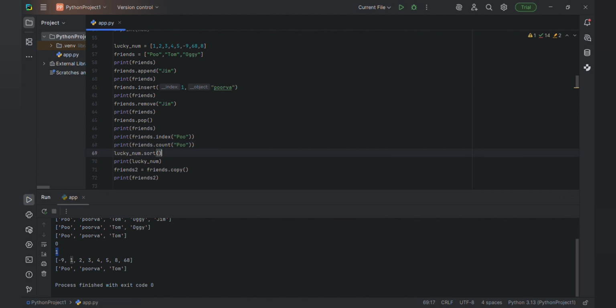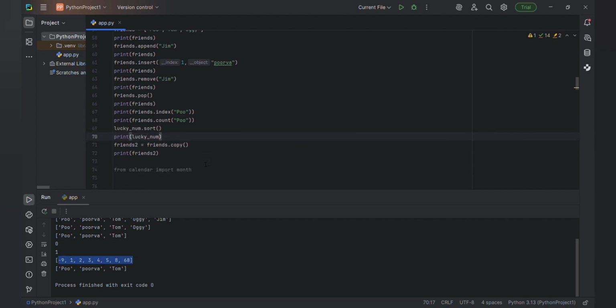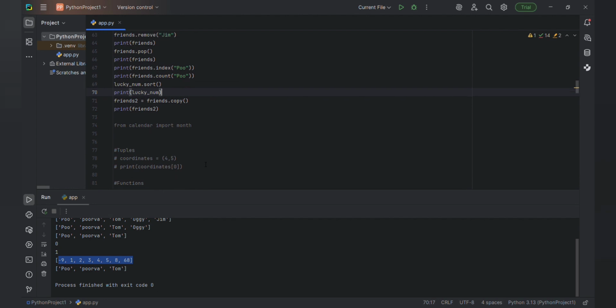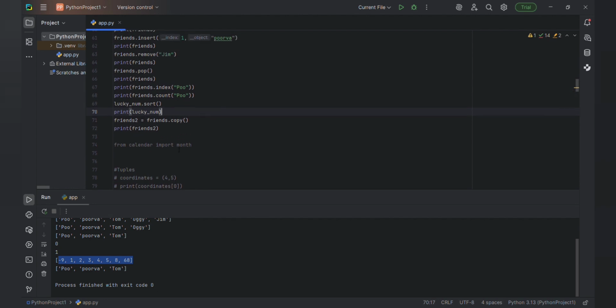Yeah. And the next one is sort. If you want to sort these lucky numbers, I want to sort this. So yeah, it will sort that in the correct manner. Here -9 is the smallest, so it will sort in ascending order. If you want descending order, then use reverse. So it will reverse this list. And the next one is